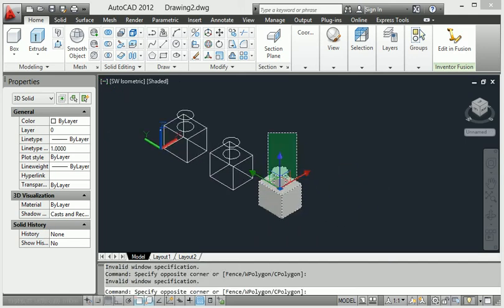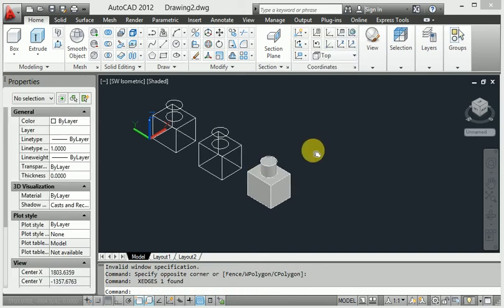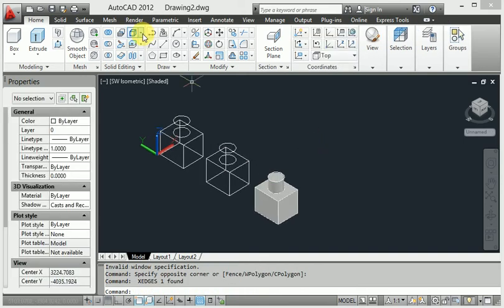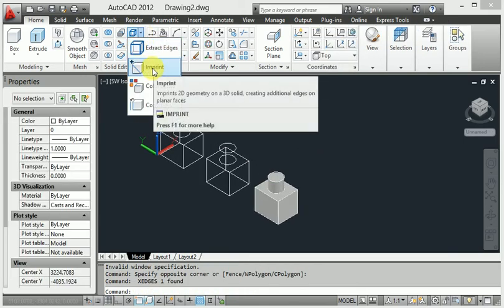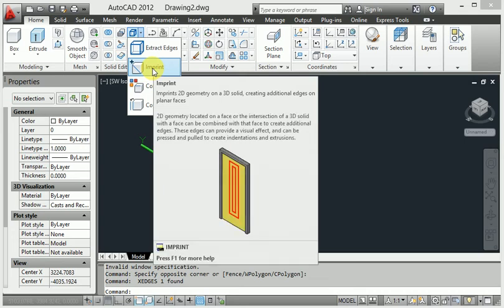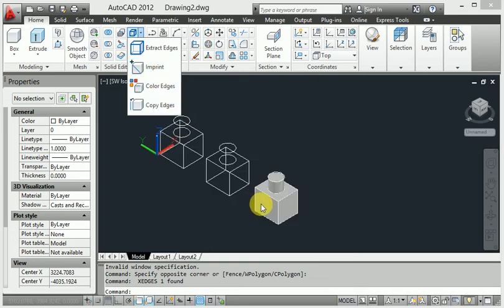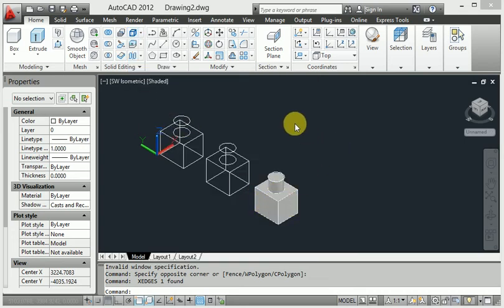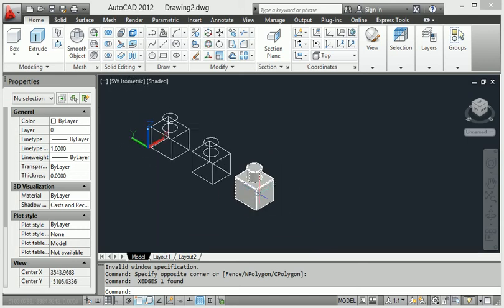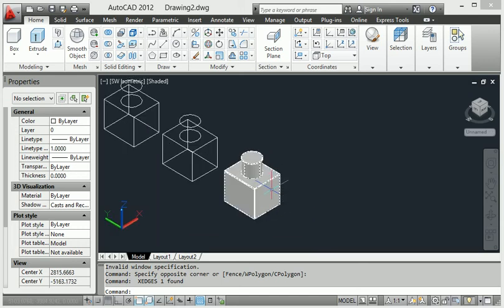Then next I will show you imprint. That means when I create any sketch on a particular body. So let's start the 3D polyline. Start from this edge, click this edge, also this edge and this edge.